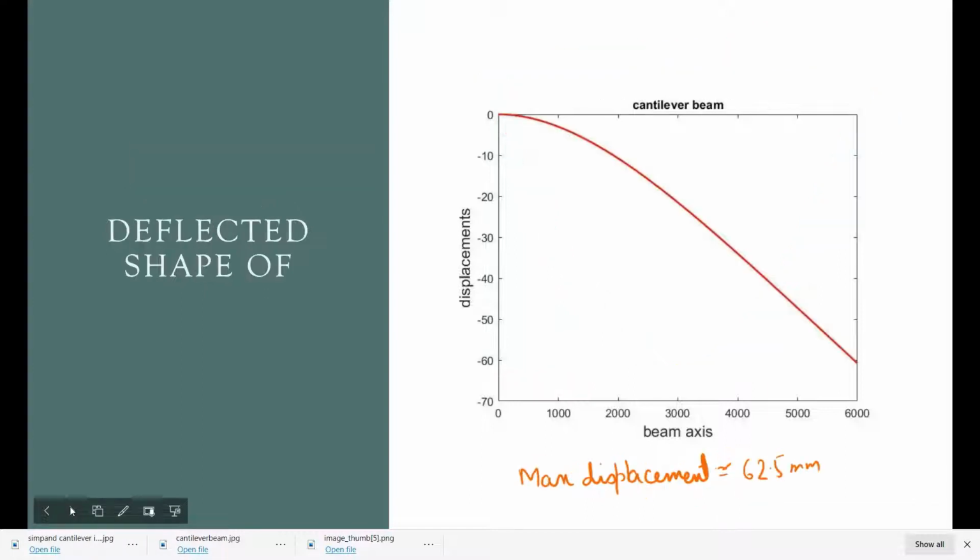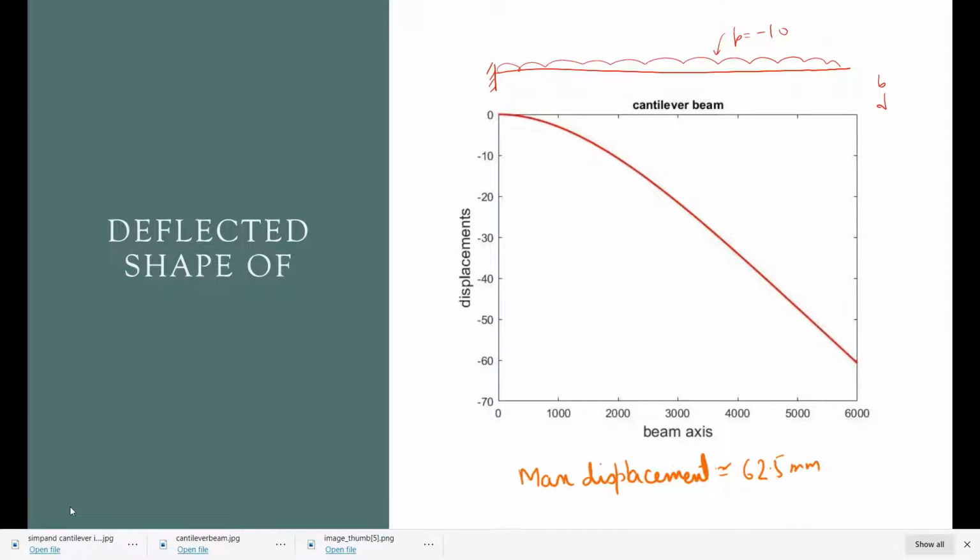Now let's see the next case. This is the deflected shape of a cantilever beam. The load is applied, and the width and depth are the same for all the beams.